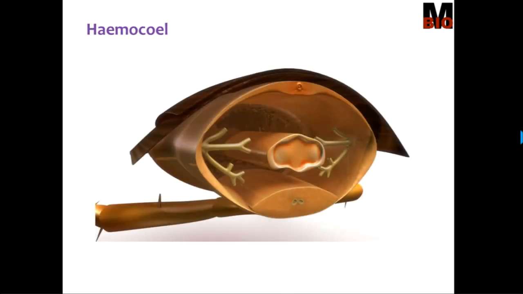Then, about their body cavity. Body cavity is the space between the body wall and the alimentary canal. This space is actually occupied by the circulatory fluid of that particular group. The circulatory fluid in this group is termed hemolymph. So the coelom is occupied with a fluid called hemolymph. That type of body cavity is termed hemocoel.